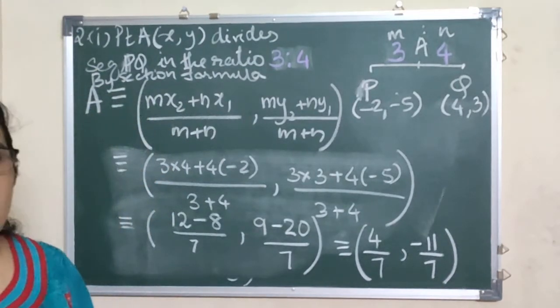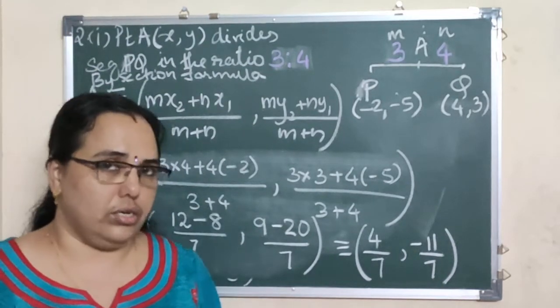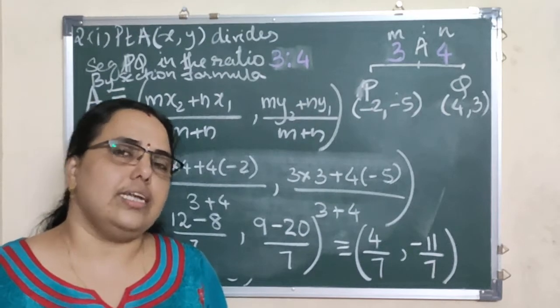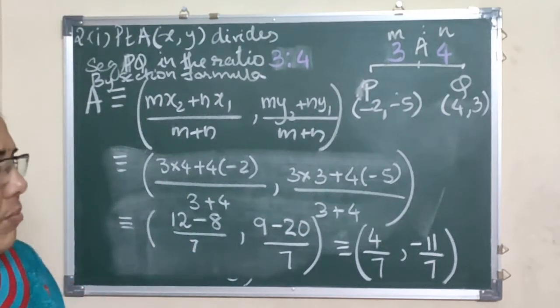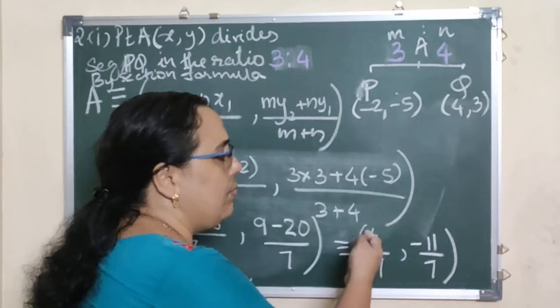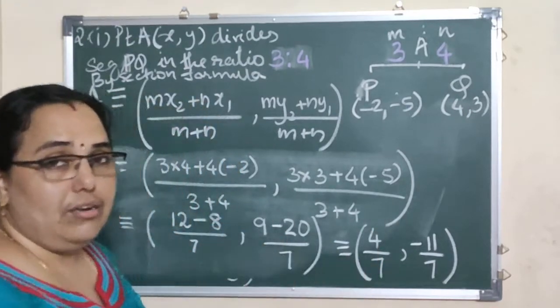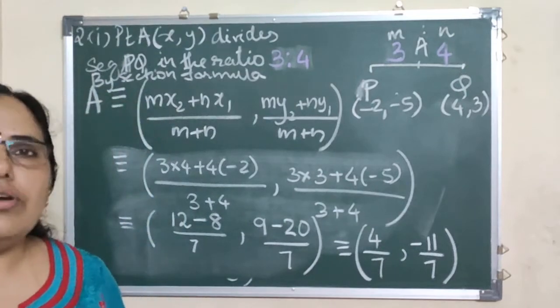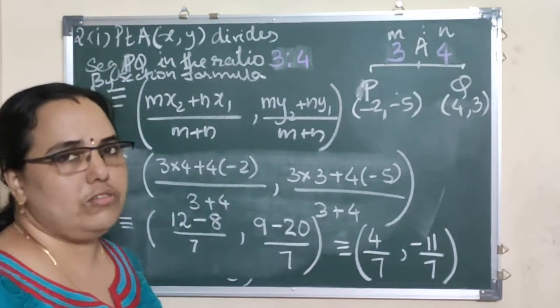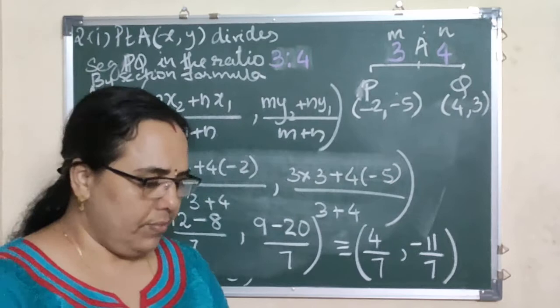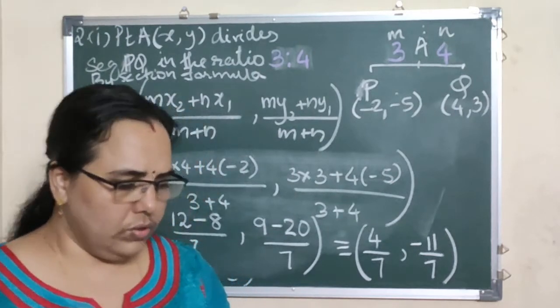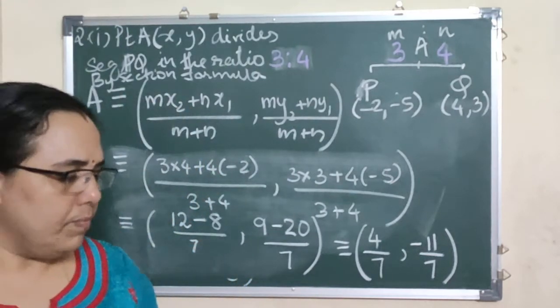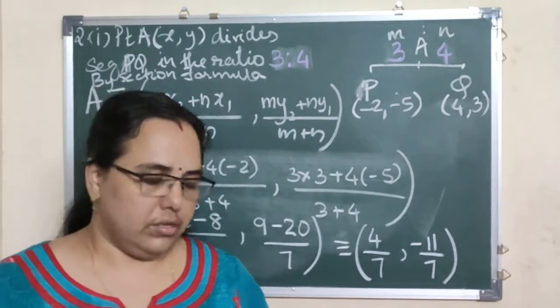So you found here both the times we are getting a fraction. Not necessary that every time it would be a fraction. Sometimes the denominator might be divisible, or the numerator is divisible by the denominator. Wherever possible, you can cancel it out and write the lowest possible term. Is that clear? Okay. Now we go to sum number 3.